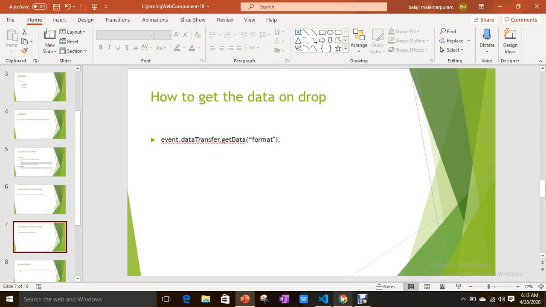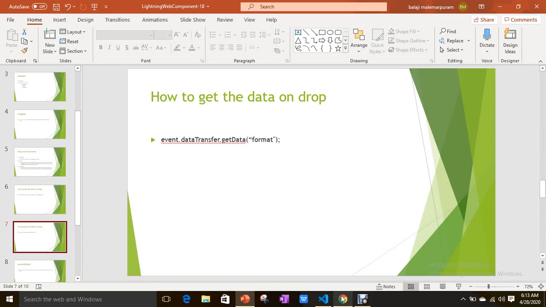Now you know what kind of events there are: ondragstart, ondrop, ondragover, and the preventDefault method. You know how to transfer data when there is a drag, and how you get the data also. Along with that, you know how to make an element draggable by using the draggable attribute.